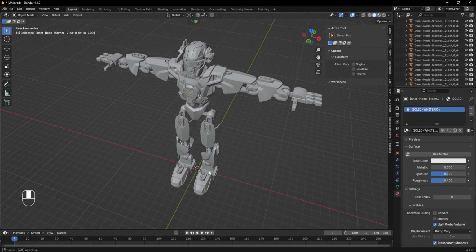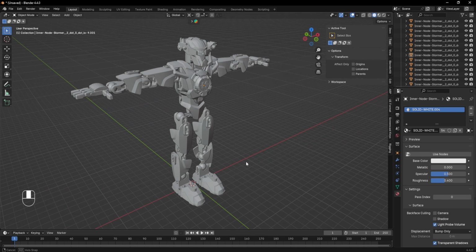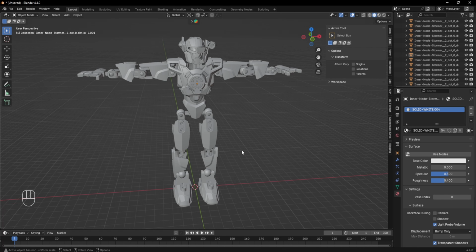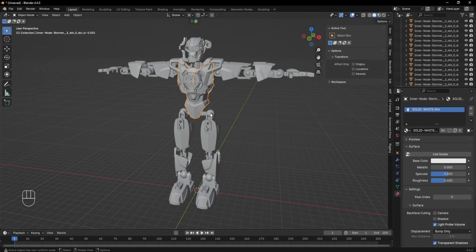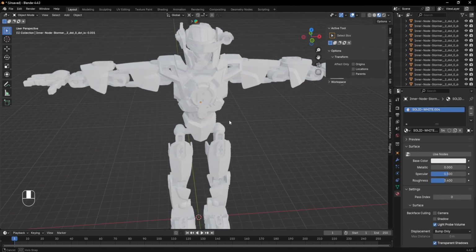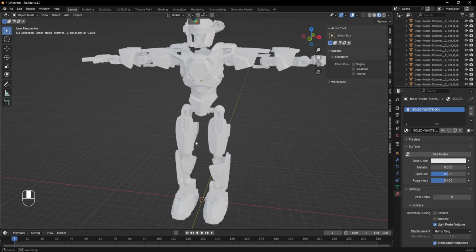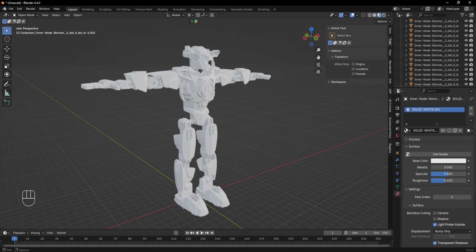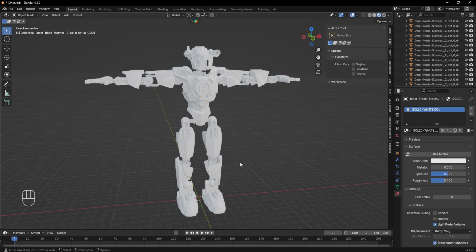We want to give Stormer some color, and now that we've got our mesh and everything sorted out, we have to do that by going through a couple of steps. So the first thing that you should know is that all of these meshes do already have a color assigned to them. You can see that by going up here to this viewport shading thing and clicking on your materials shading. As you can see, he is starch white, and this is the same color that we had in Studio. We definitely don't want this data on there